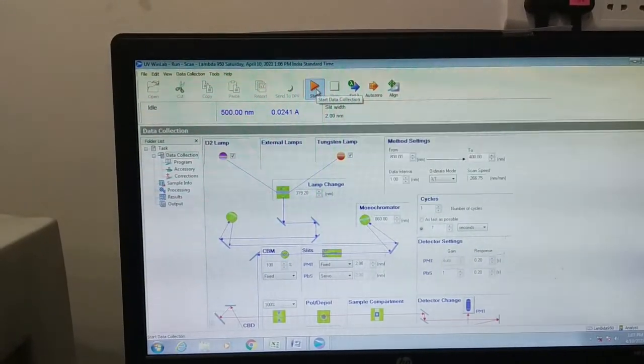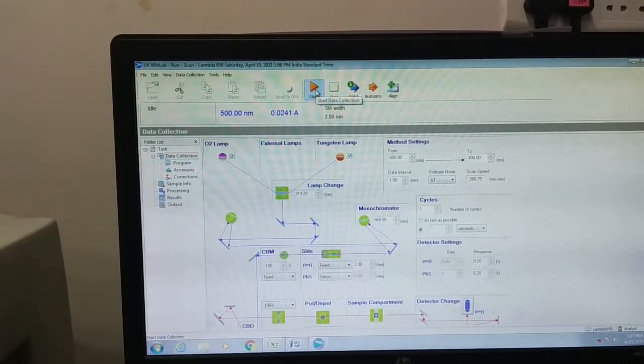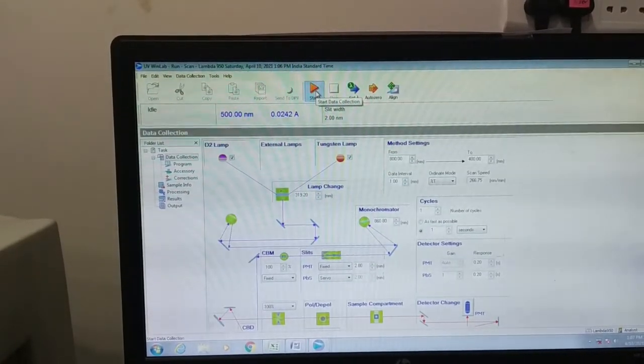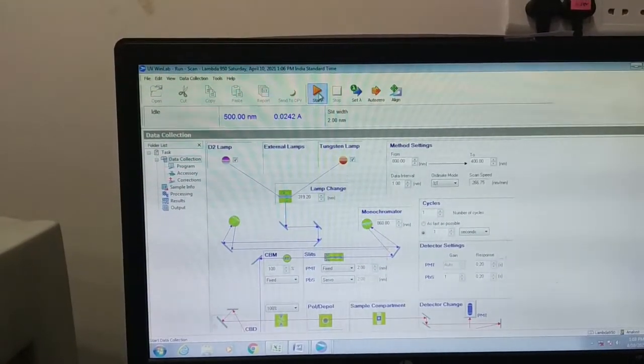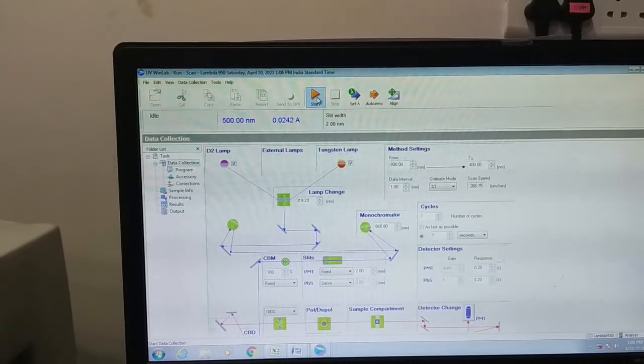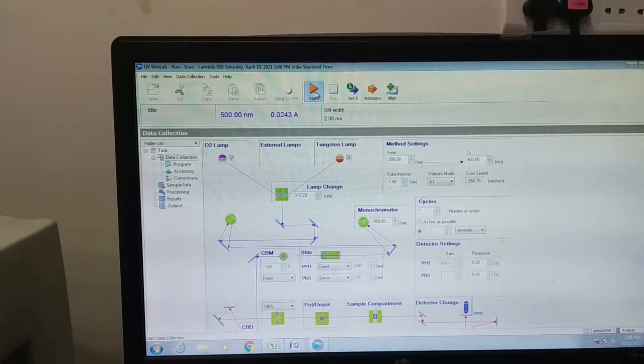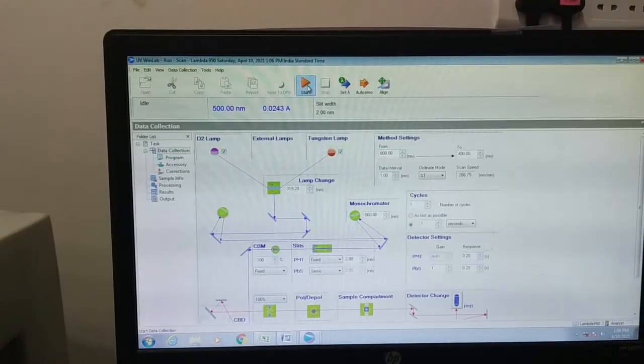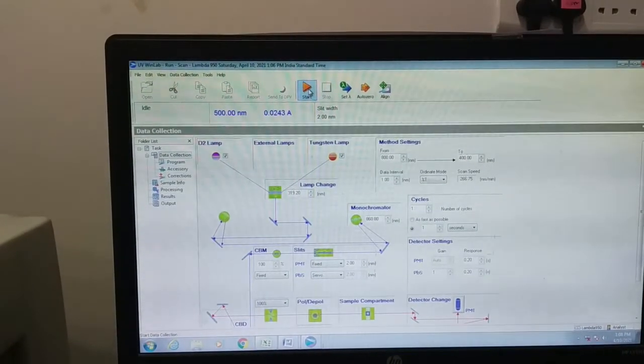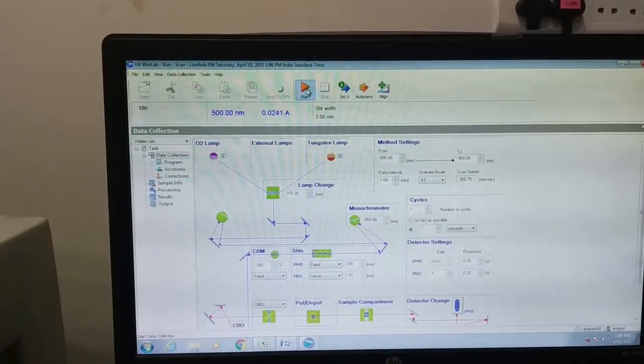Then click on start. First we don't put the sample inside the sample compartment, because the system first checks whether there are any particles inside the compartment.